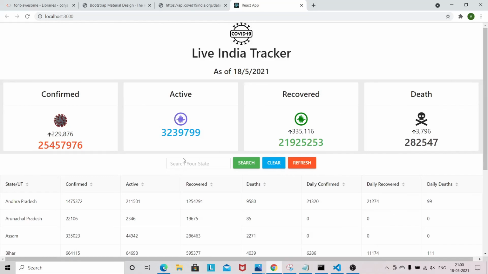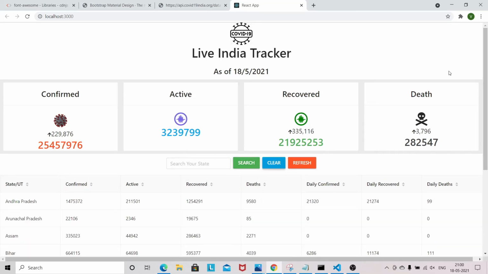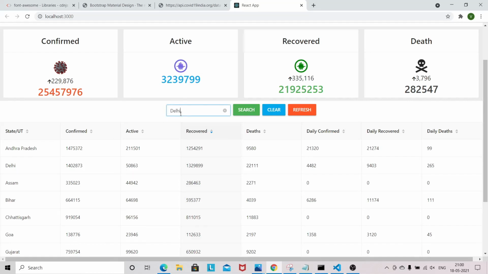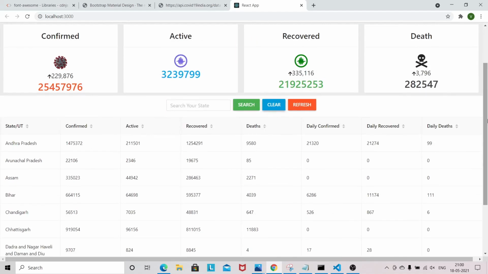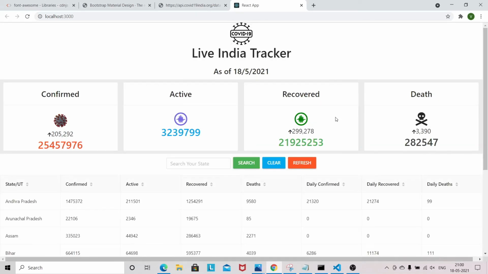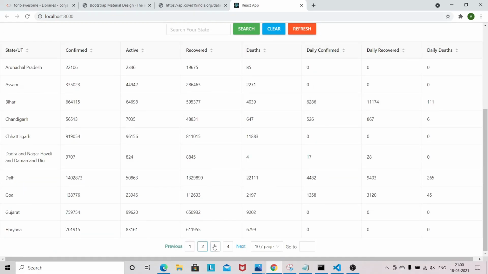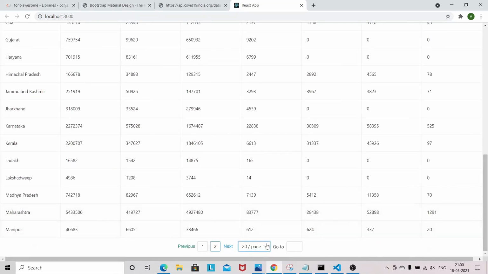So let's search the state Delhi. It is working. Once you do clear, we will get back our data. If you do search, you can clear it out, and refresh is also working, and the pagination is also working. You can view, okay, this is also working.